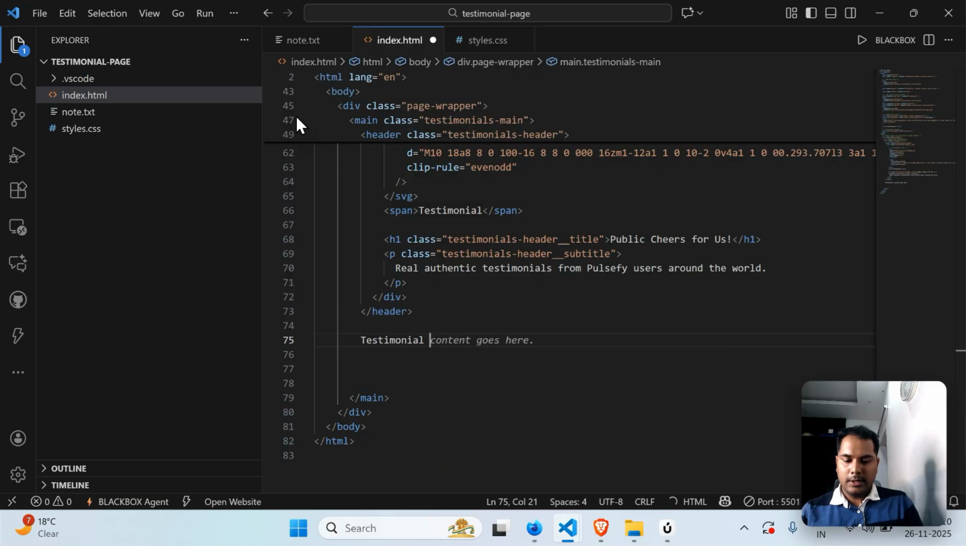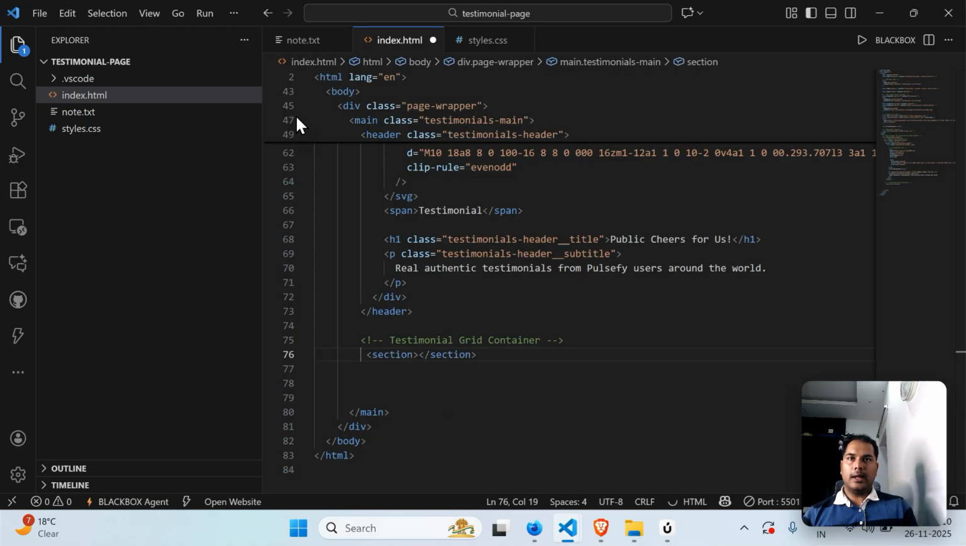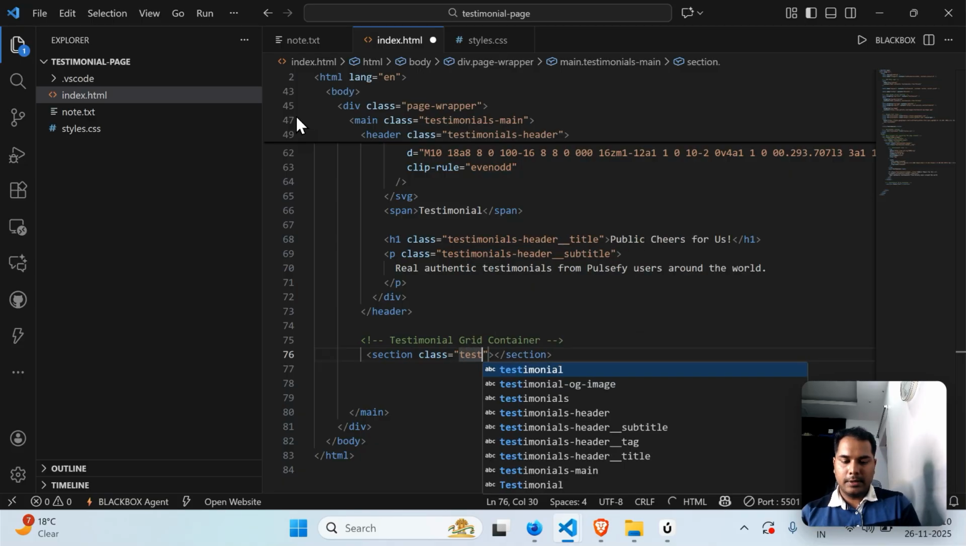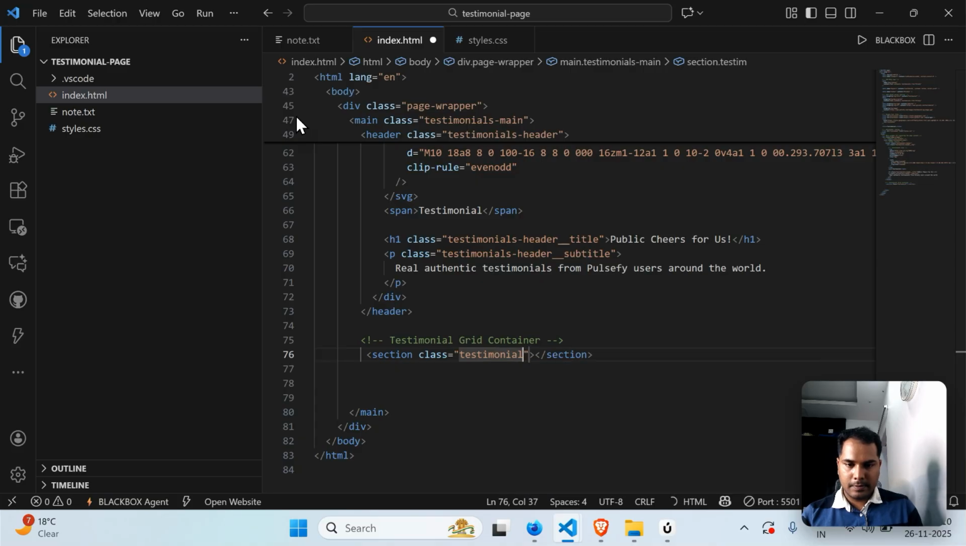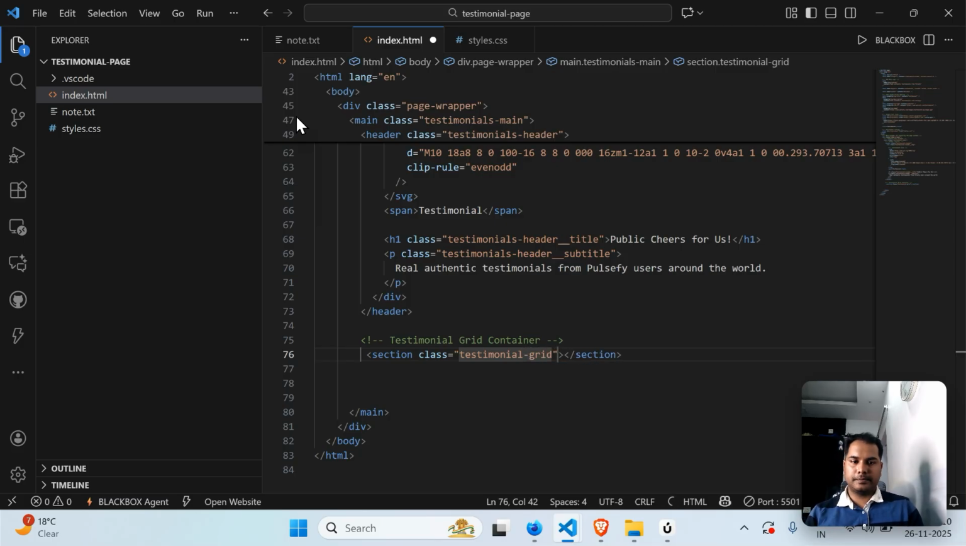testimonial grid container. Okay, so here the testimonial grid container begins, and under this the container is part of a section tag, and let's give it a class name. For now we can give the class name as testimonial-grid. Okay,